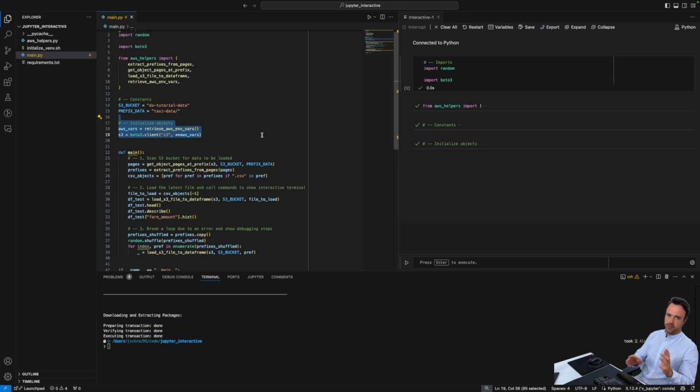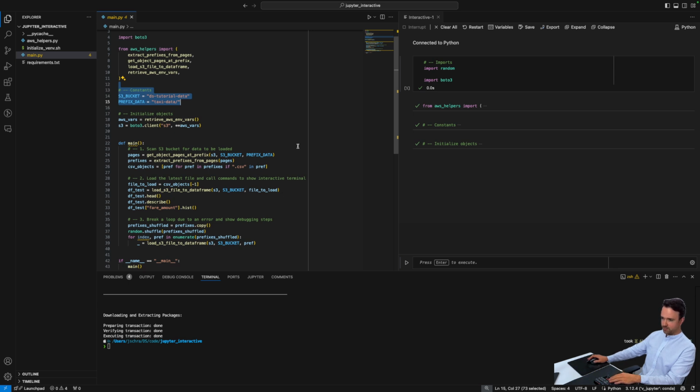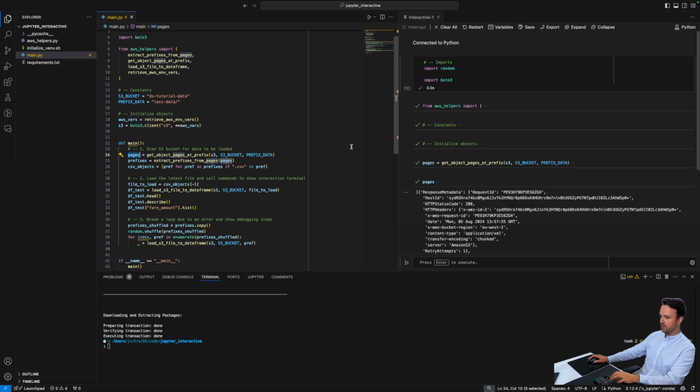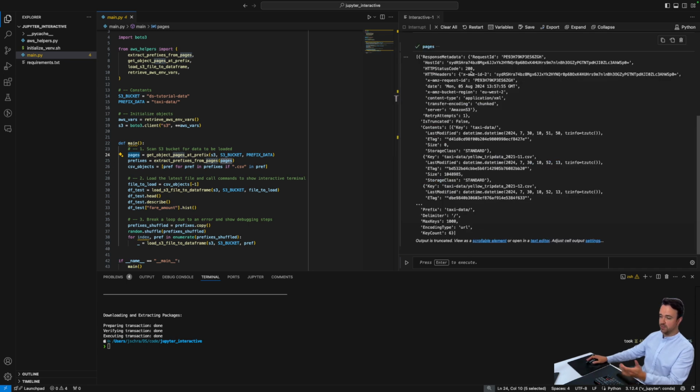And one of the things that you're already seeing here of the interactive window is that I can just select pieces of code that I want to run and then step by step run through my code. So I'll do the same thing here for getting a list of pages with objects. And then what's nice is that I can also call the variables in which I store results of the calls that I make to inspect what is in there. So in this case,